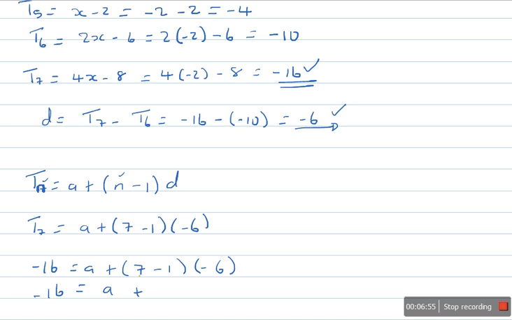Let's use the calculator: 7 minus 1 multiplied by common difference, so it's negative 36 on the side,